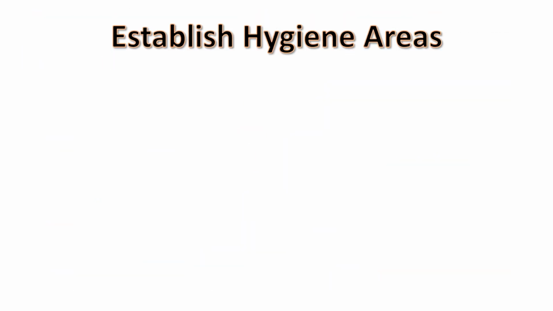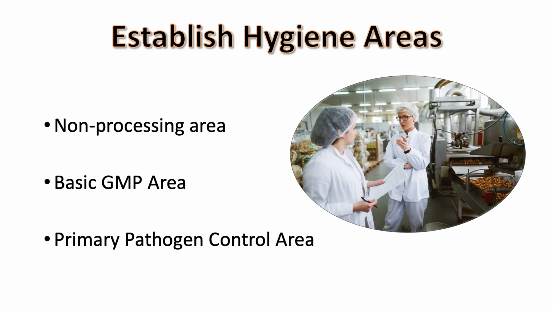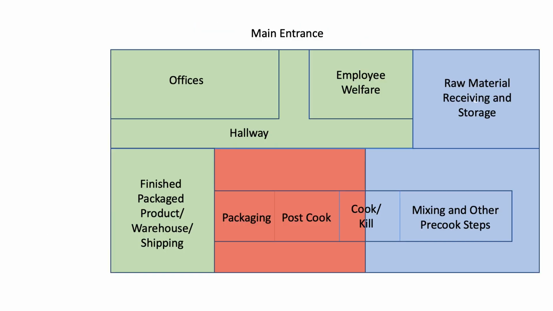The next thing you want to do is define hygiene areas. These are typically classified as non-processing, basic good manufacturing practices or GMP, and primary pathogen control areas. This will help you focus your program where it matters most. You will overlay those hygiene areas on your facility map. The non-processing areas